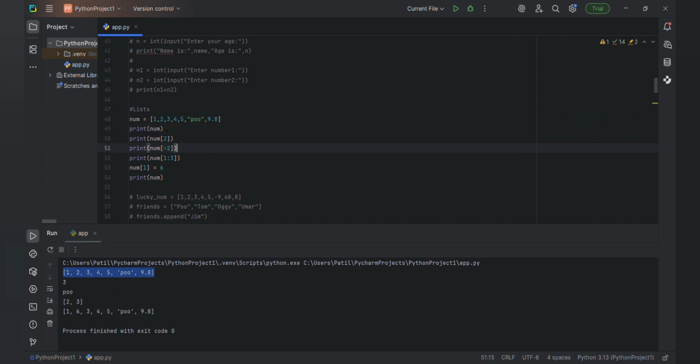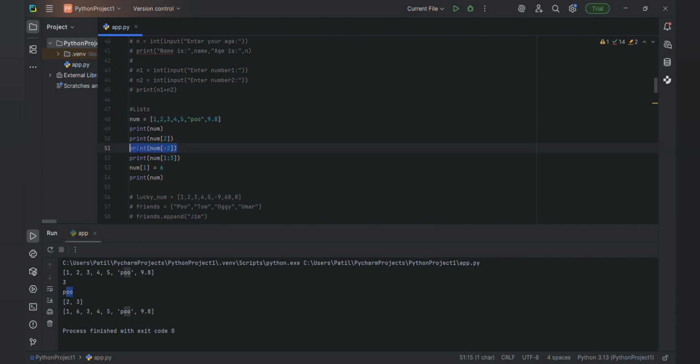If you want a specific element, like num of 2, that means the second position, 0, 1, 2. In the second position 3 is there, so it will print 3. Minus 2 is very important. They will ask what negative indexing is. You can tell them that in Python negative indexing takes the numbers in reverse: this is -1, this is -2. So at -2 poo is printed here.